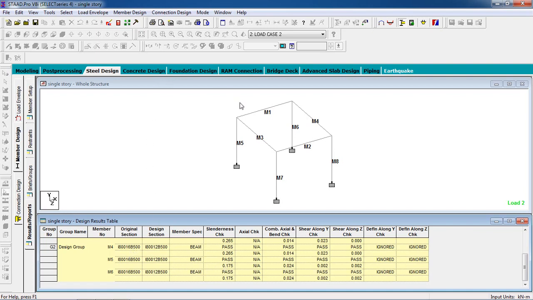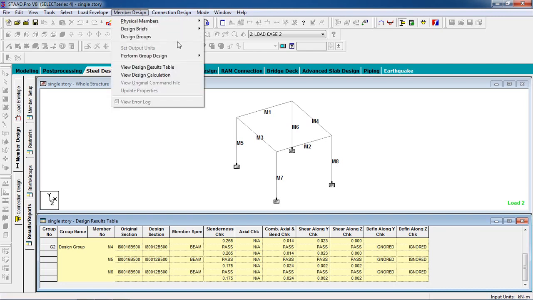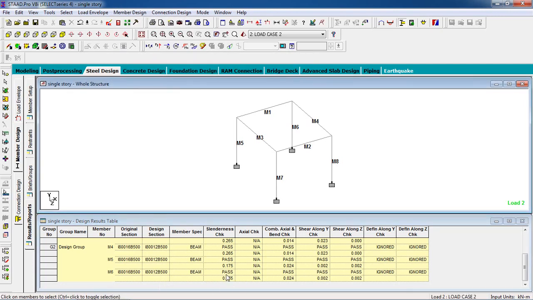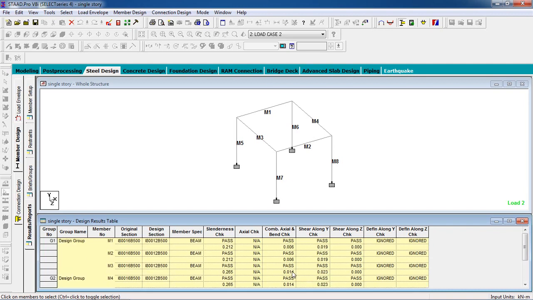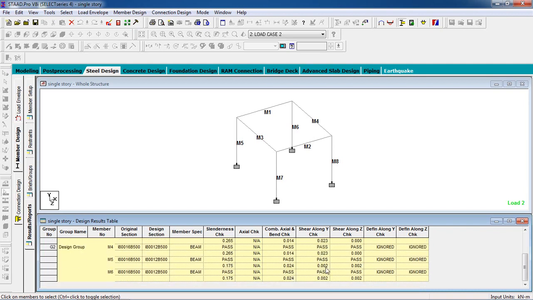When I select member selection, STAAD will automatically select a suitable or economical section for the member. So now the members have been given the proper property, and they will pass, and design for those selected members is completed.